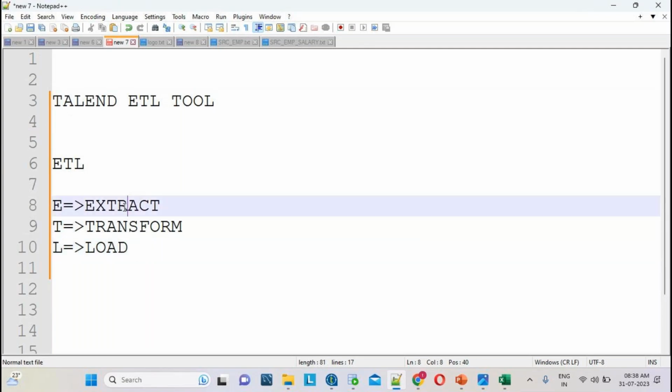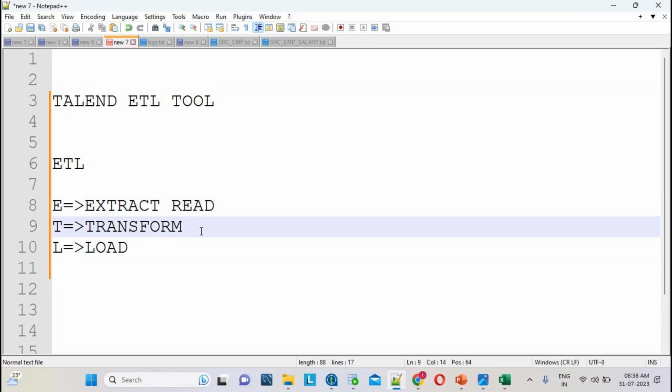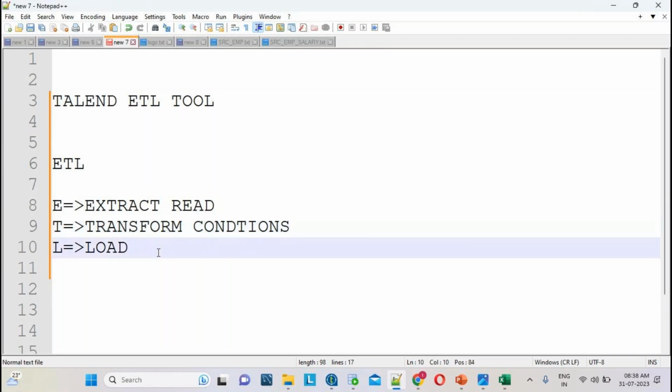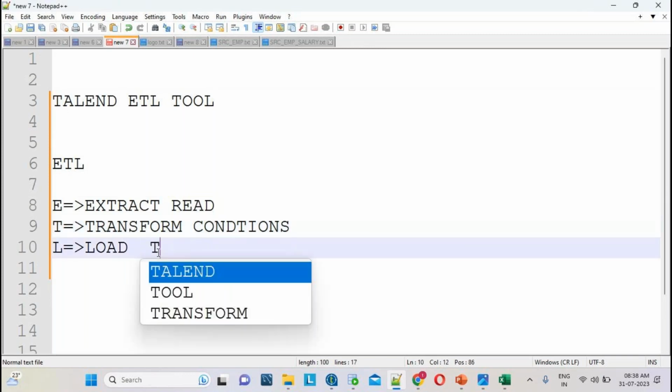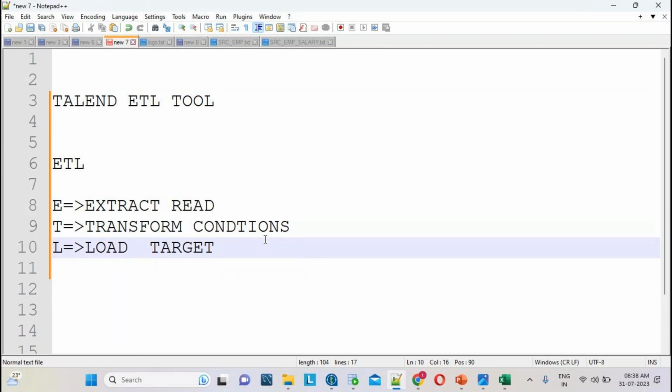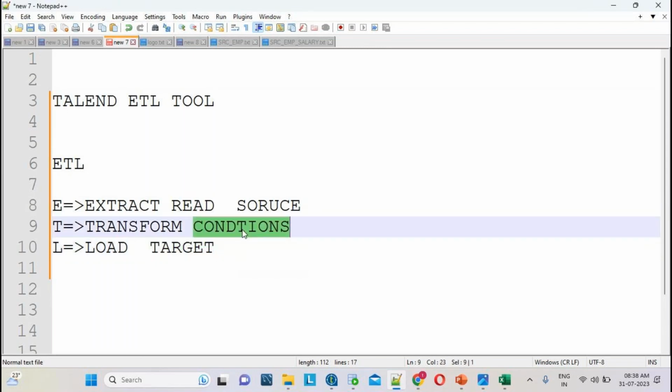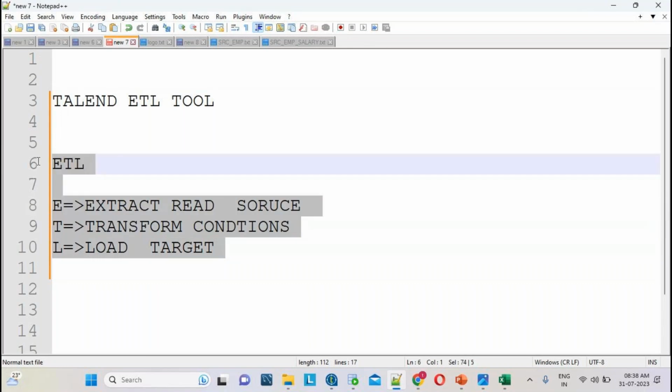We can read the data and apply some conditions. L is for loading, which goes to a target system. This is called the source, and this is called the target. In between, we are applying some conditions. This is called ETL.